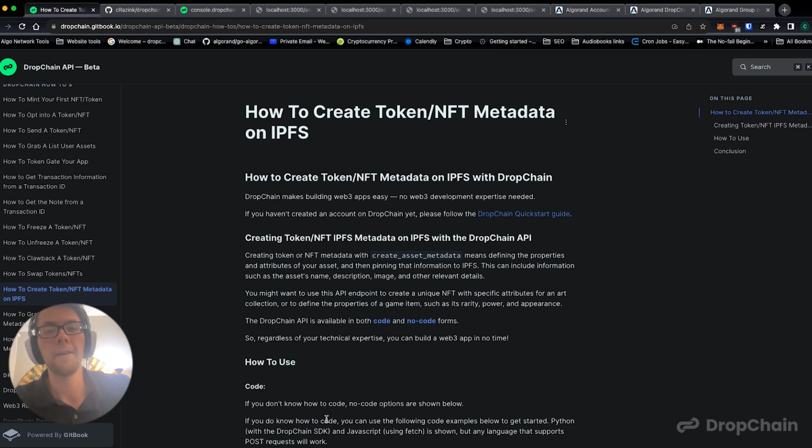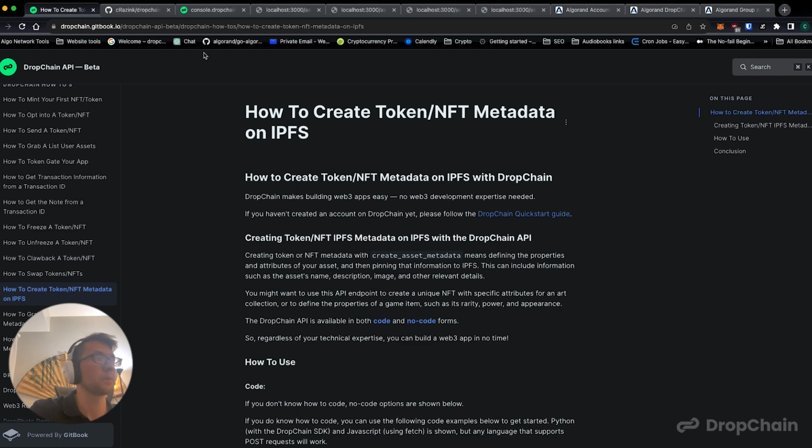If you haven't yet, please create a free account on DropChain.network and do the quick start guide. You can build both no code and code. You don't have to know anything about crypto to get started. No Web3 smart contract experience needed. In fact, we have many builders who have built no code apps on DropChain. But we recommend the quick start guide so that you have the basic setup required,